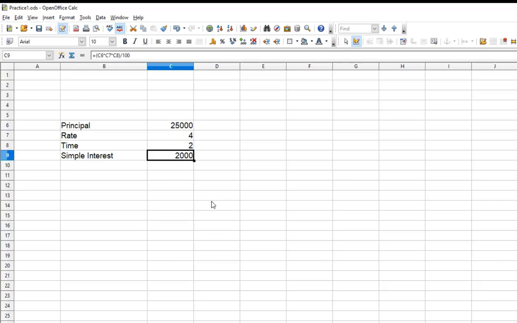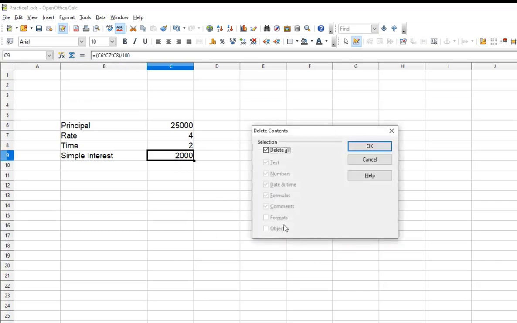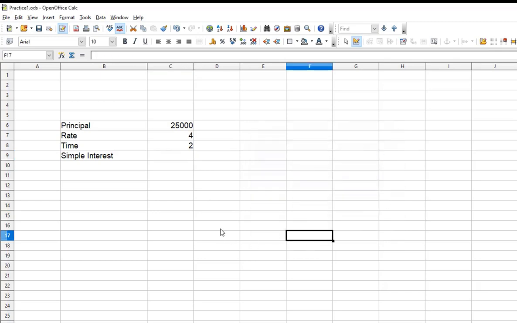I'm sure that all of you have learned it last year, but just in case you've forgotten, I must remind you, all the formulas in spreadsheet, whether we are talking about Calc or Excel, start with the equal to sign. After that, you have got to give the reference.